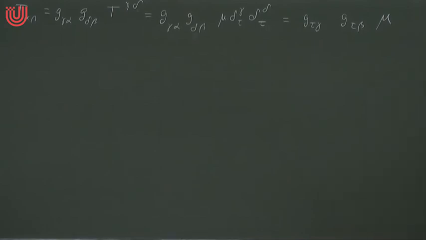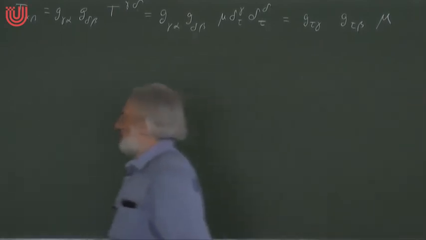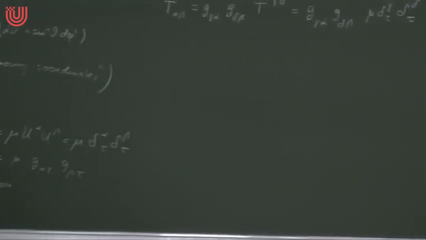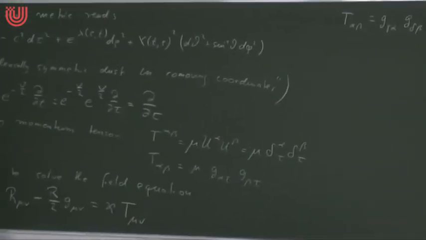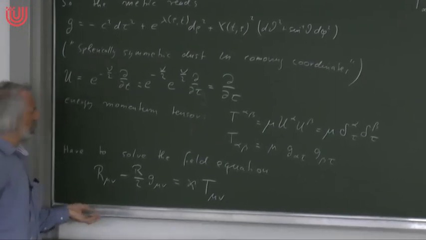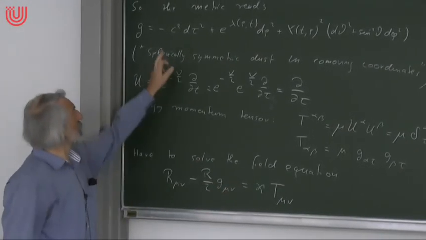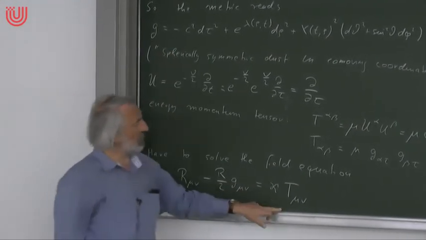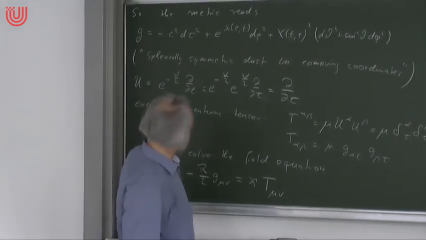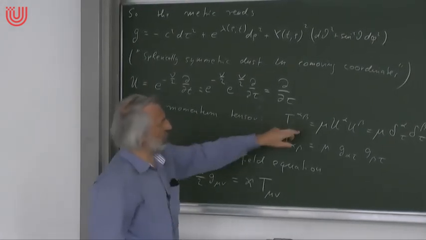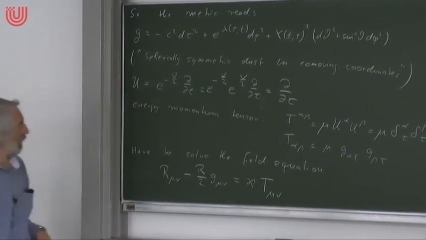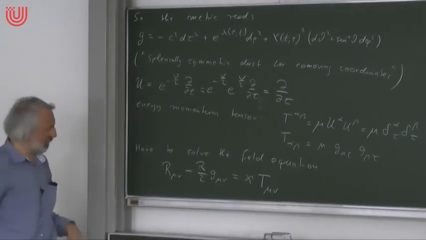Okay. Good. What was I talking about here? We want to solve the field equation. So here on the left-hand side, we have to plug in this ansatz for the metric, and on the right-hand side, we use this form of the metric. We can also raise the indices, and we would use this expression. And yeah, this is something that has to be done.